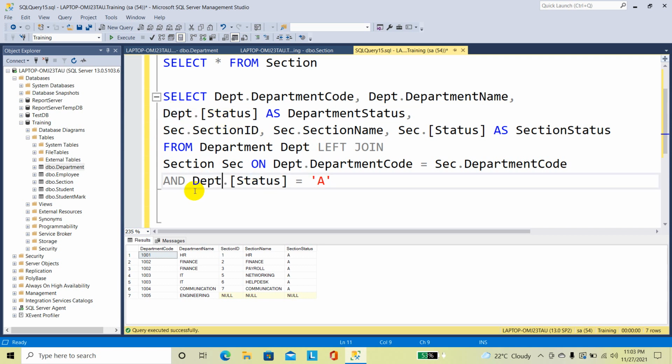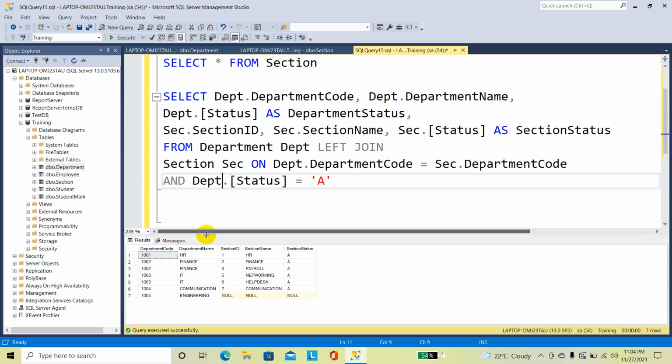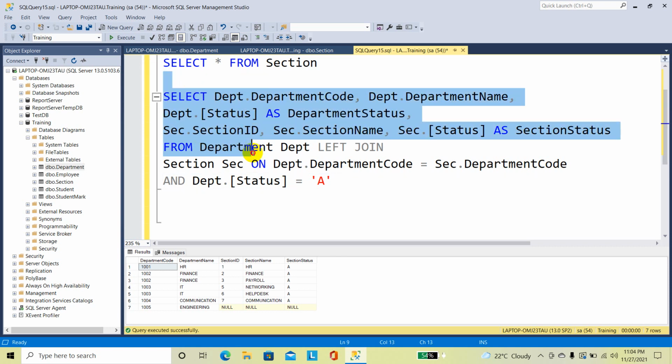Now here I am going to select the department status is active. First we will select up to here, then we will see it.